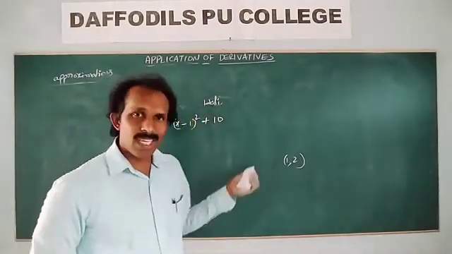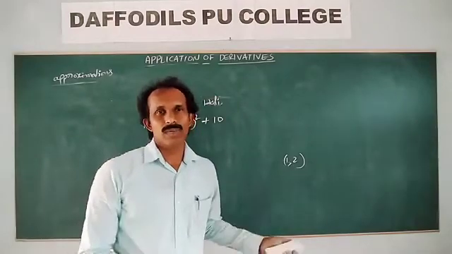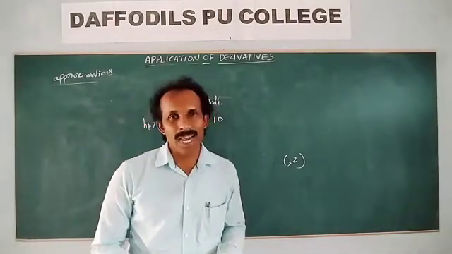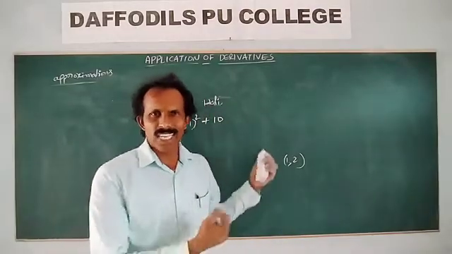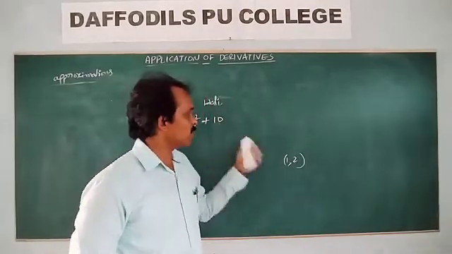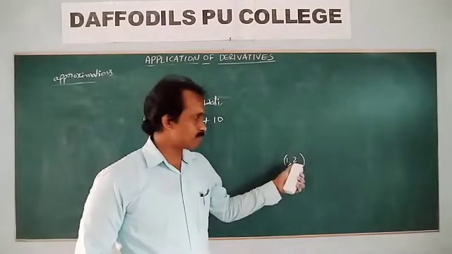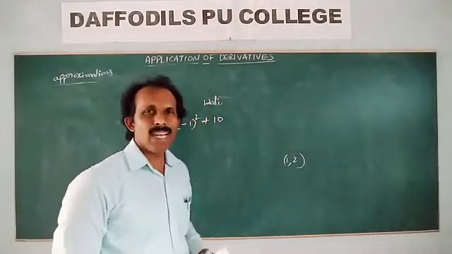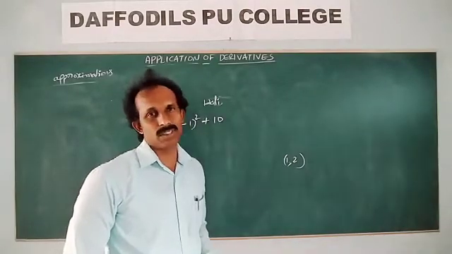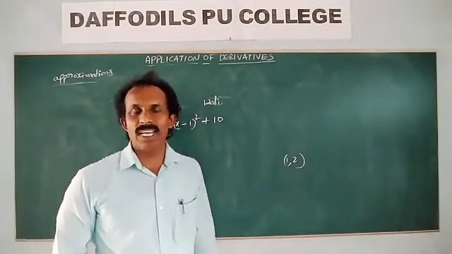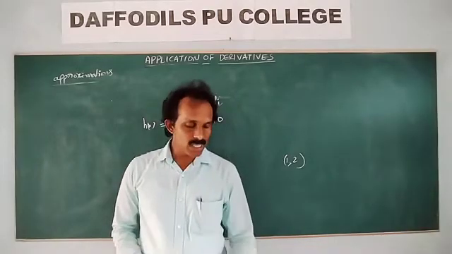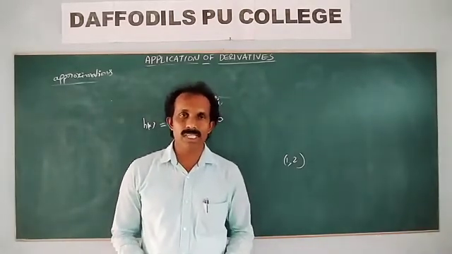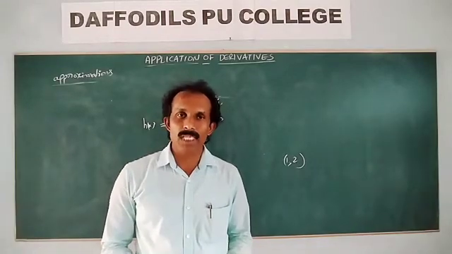We observed three examples. What we understand from these: maximum profit, maximum height and nearest minimum distance, at what minimum distance our soldier can shoot the enemy's helicopter. So these are the daily life application examples. So this type of problems and general problems we will discuss in the next class of maxima and